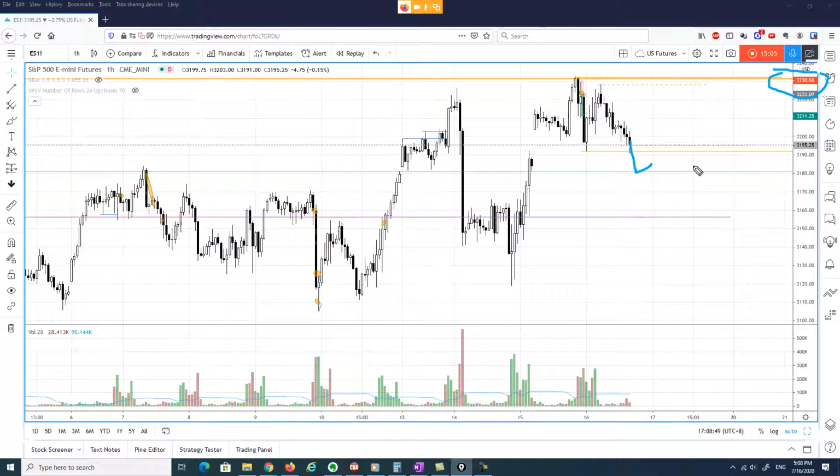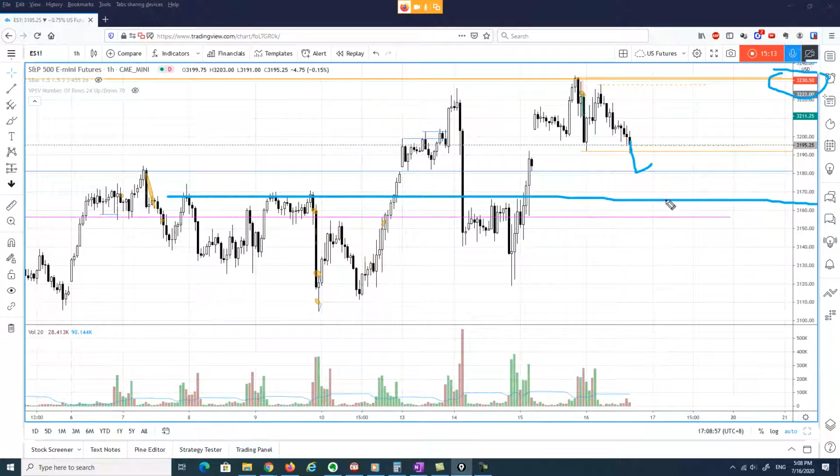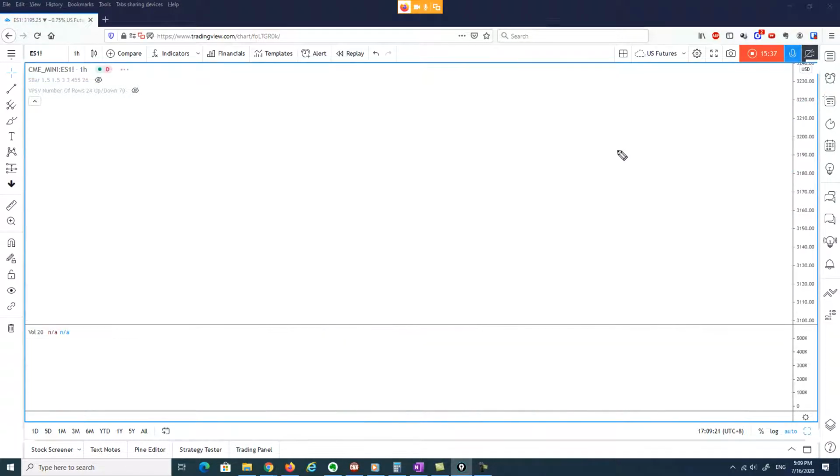I think it's still working well. Or the next level that I'm actually watching is somewhere around 3170. So that is another level to watch. And you can see that we have kind of like a structure here, and then we have a breakout here, and then followed by a few of the touch here and here as well. So I think 3165 or 70 is quite a level to watch. I think if this level actually fail to hold,